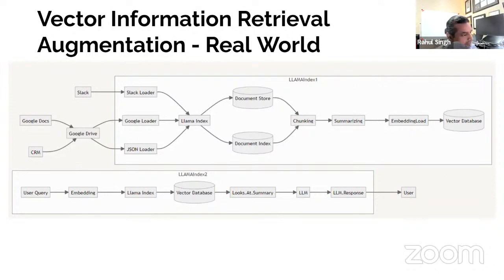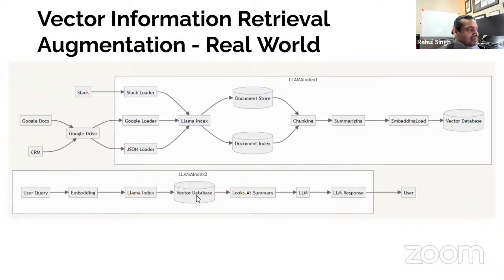Llama Index is, I don't want to say just, because I think it's very powerful, but it's just a framework to help you load data into a vector database without knowing all the ins and outs of what I was talking about earlier. And once it's in that vector database, Llama Index can also help you take the query, embed it,